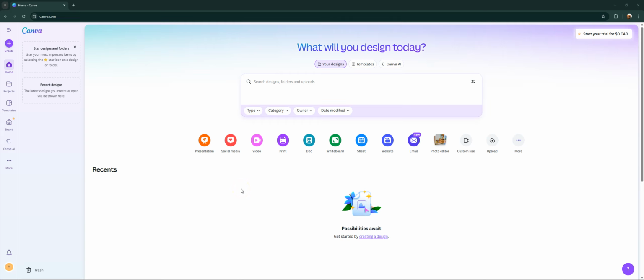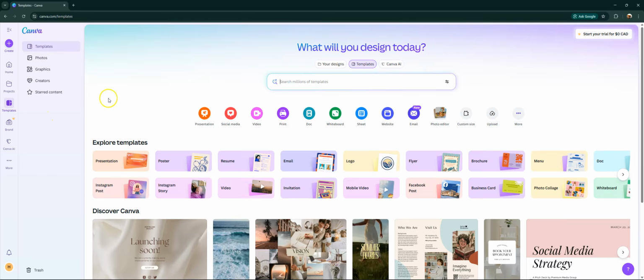So today we're going to be diving into Canva and showing you all it can offer regarding its AI features. If you're not sure what Canva is, it's an online website or program, I guess you could say, that has all kinds of building tools for things that you can utilize, especially on social media. So for instance, you can go to templates over here and you can see the different things that you can build. You can build emails, websites, sheets, whiteboards, documents, whatever, anything pretty much that you would need for your business